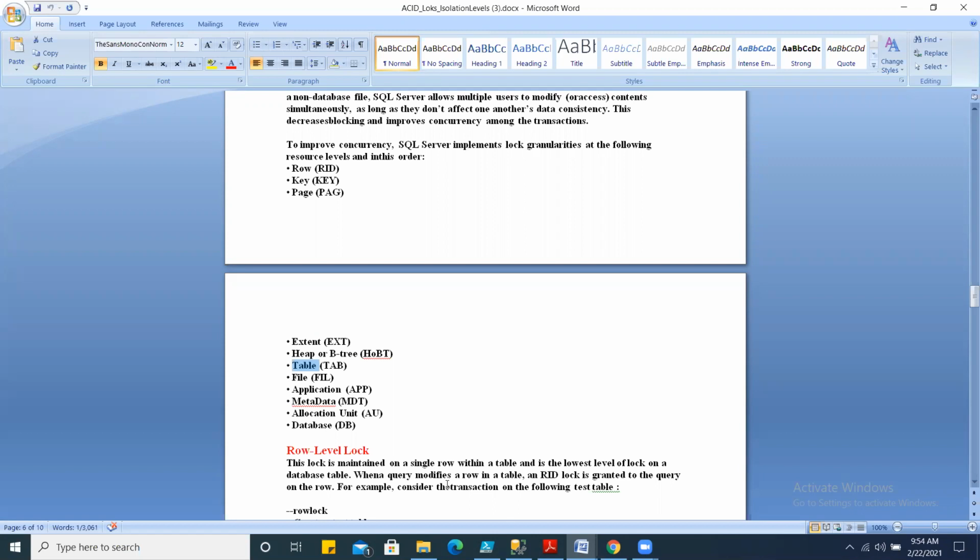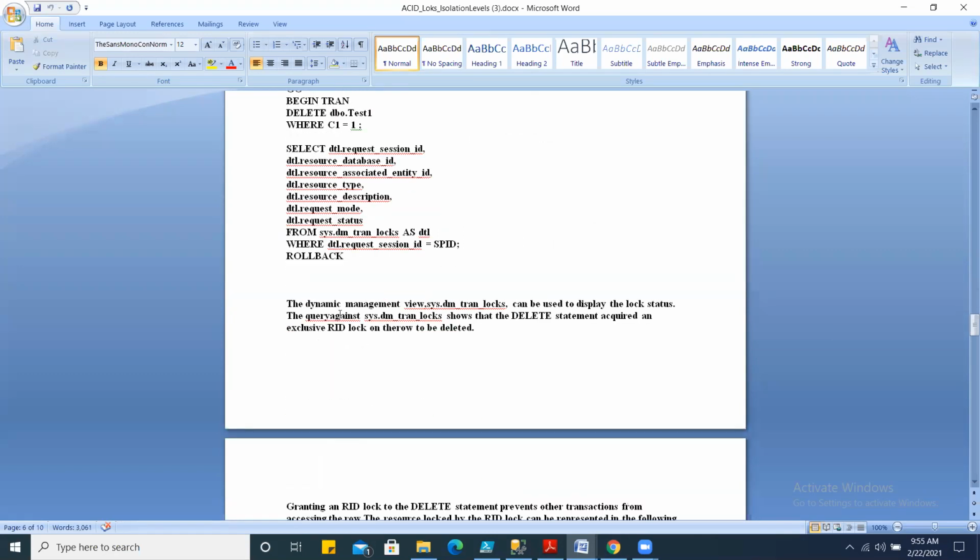The lowest level lock that you have in SQL Server, as far as granularity is concerned, is row level granularity, which is represented by the RID in one of the DMVs known as sys.dm_tran_locks. Yes, dm_tran_locks.